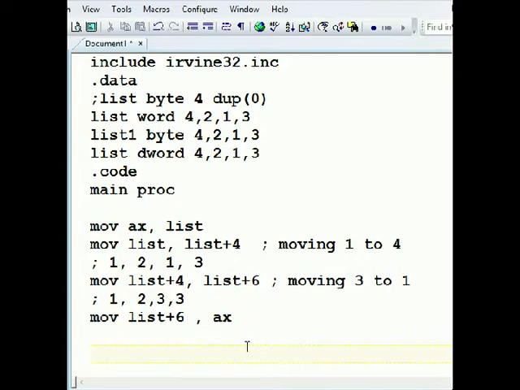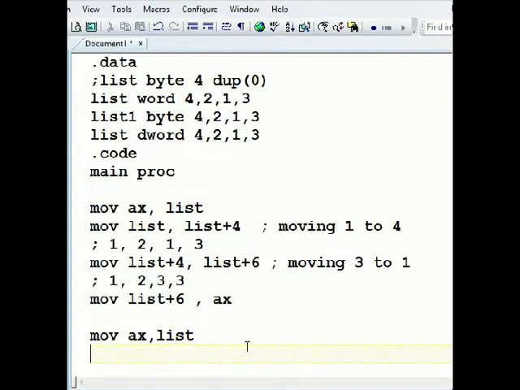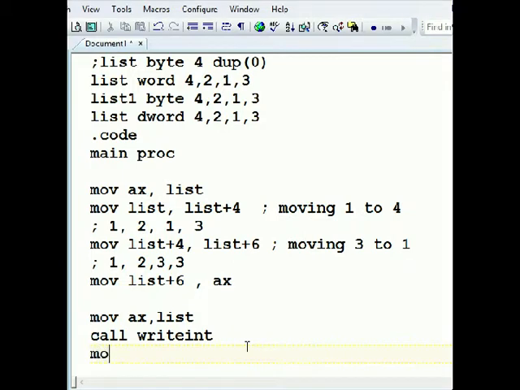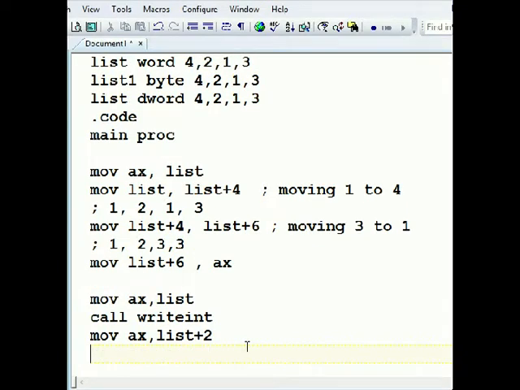Now I need to check how my array looks. I'll do a move to AX, list, and I'll do call read or write integer. And now I'll move to AX list plus 2, and I'll do call